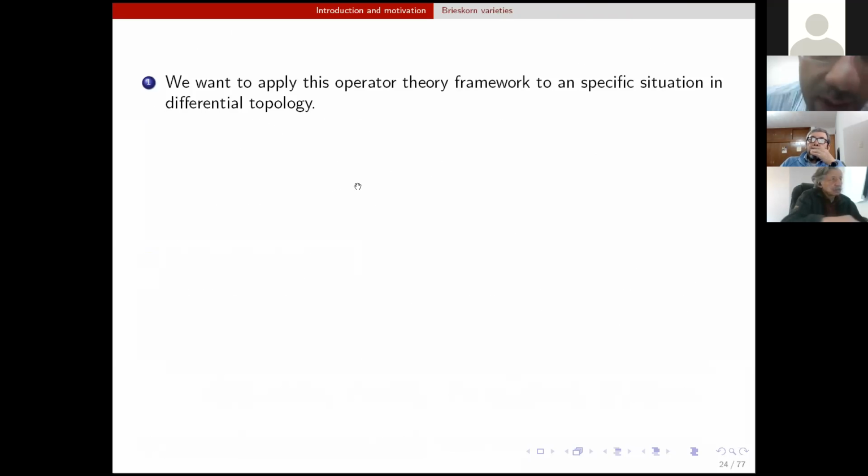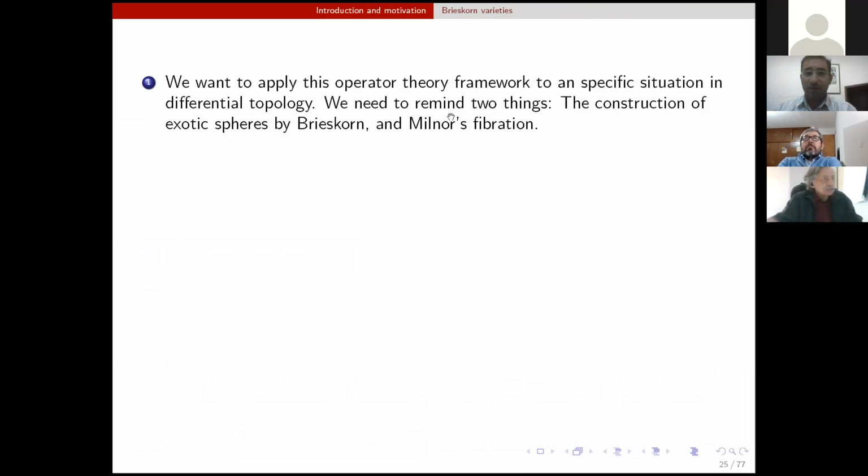So now in this talk, this is what we are going to do. We are going to apply this idea of Iperb. Iperb is a multivariable operator theory way to study the variety defined by I intersected with, let's say, the boundary of the unit ball. So we are going to apply it to a specific situation in differential topology, and this is the construction of